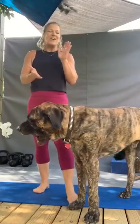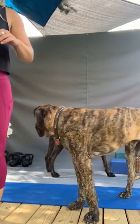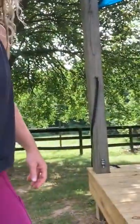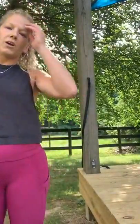But what we're going to do next is another push-up, but this time we're going to do it a little bit differently. We're going to go with that same position where we're on a raised surface, so that doesn't change, but the speed in which we go in different directions does. Last time we went slow on the way down, and we pushed up quick. This time, we want to go down quick, and then push through our slow action to come back up. And when you drop quick, it's really important that there's no drop of the pelvis,